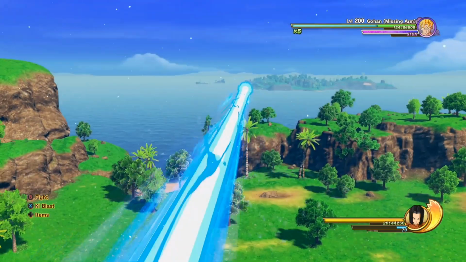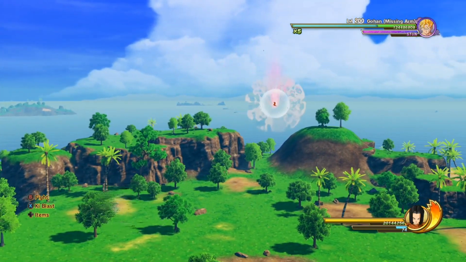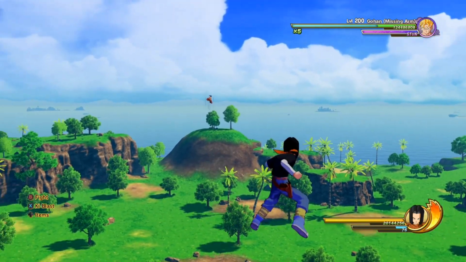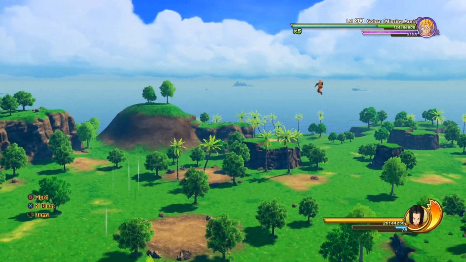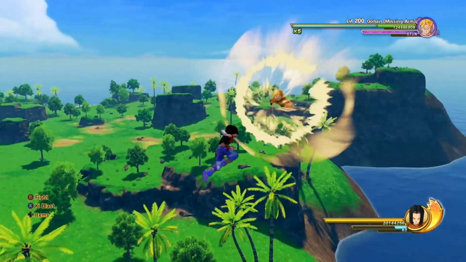And apart from that, the combos are basically basic. You still got your Y finisher for your key knockback, or you got your key blast that blasts them off when you finish them. And you have your X, which basically just...